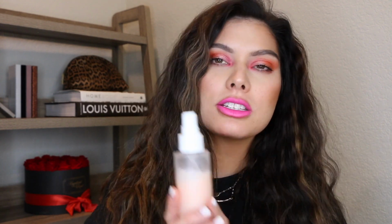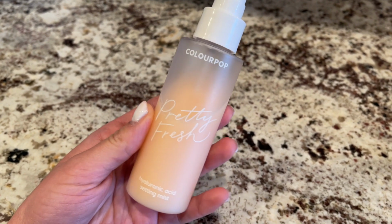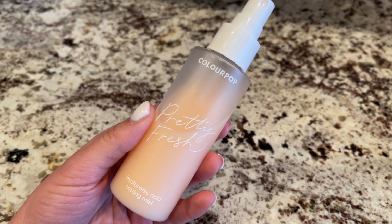Last but not least, I'm gonna call this a drugstore product because it's a drugstore price and you can go and pick it up at Ulta. It is the ColourPop Pretty Fresh Hyaluronic Acid Setting Mist. Guys, I don't care what setting mist you have out there. This one takes the cake. It is so good. It really does melt all your powders together. Just gives you a really